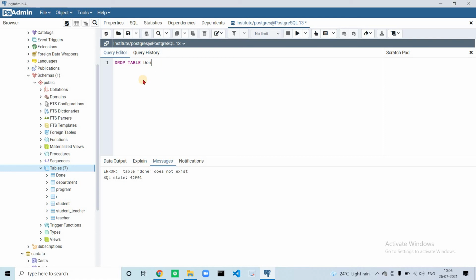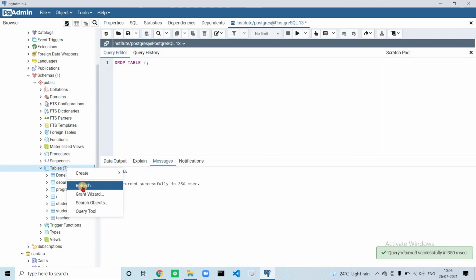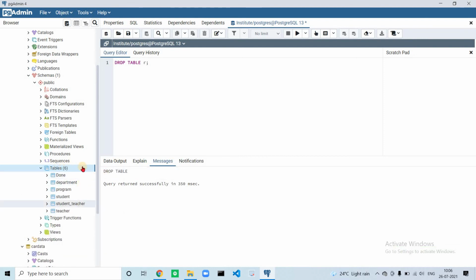We have assigned the user Prathamesh to this table. Okay, this table was deleted. That's it, the query works fine. Thank you.